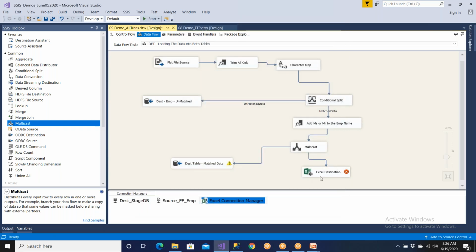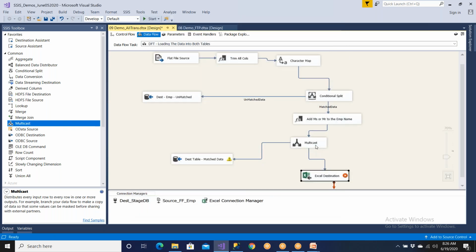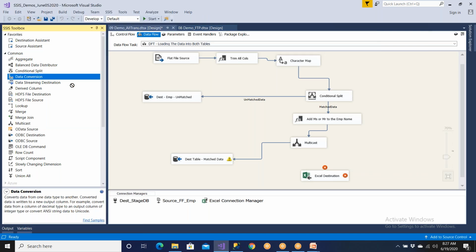Now perfectly fine. But when I'm trying to get the data, it is not taking, it is telling me column EID cannot convert between unique code to non-unique code. I told you all the flat file data is DT data, but this data is by default DT data. So you have to convert. Okay, so take this line, go to data conversion, because I told you no package will be implemented